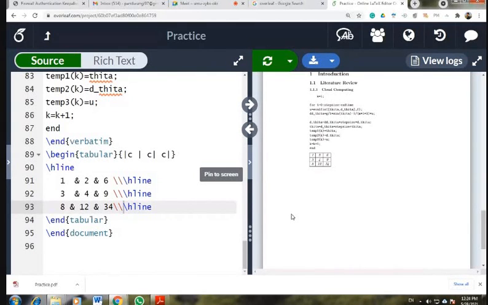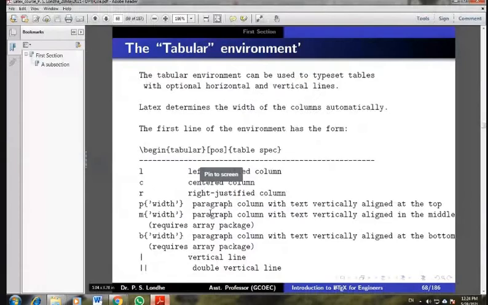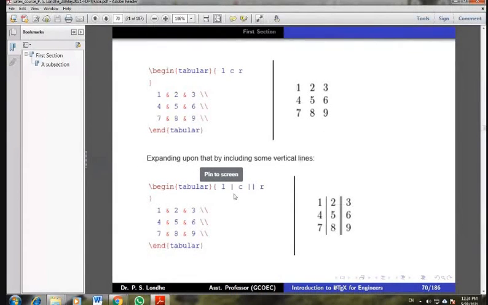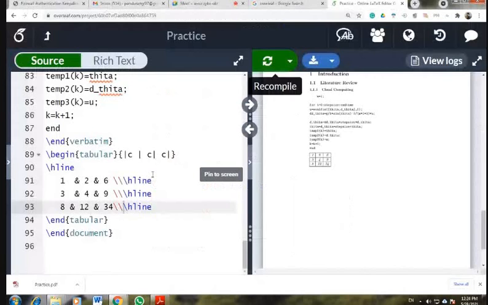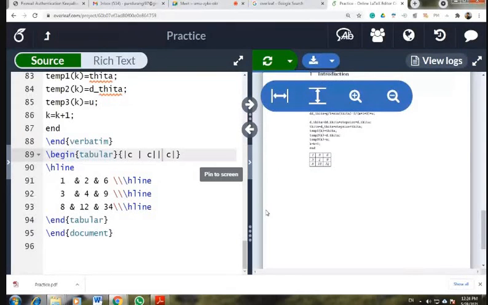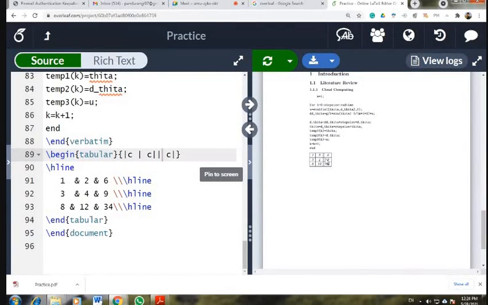Yes, sir. Okay, right. So this is just a simple way to create a simple table, right? For example, if you want to have a double vertical line, then just use the double vertical line. See the double vertical line.